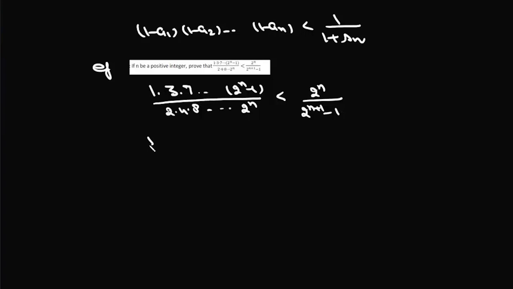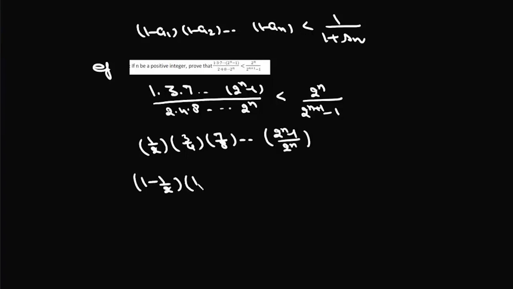Now we can write this as 1 by 2 into 3 by 4 into 7 by 8 up to 2 to the power n minus 1 upon 2 to the power n, or we can write this as 1 minus 1 by 2 into 1 minus 1 by 4 into 1 minus 1 by 8 into 1 minus 1 upon 2 to the power n,